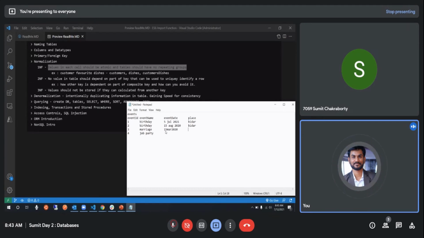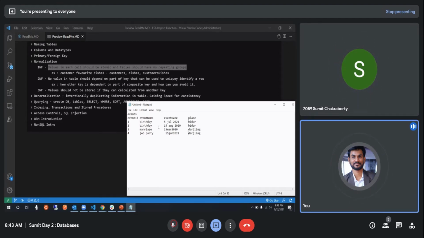And then say where do you stay? Darjeeling. Pardon my spelling mistakes. And then say job party. Say you got a job in 2022 because that's when I think you'll graduate. So 15th June. Okay, so now look at this table.